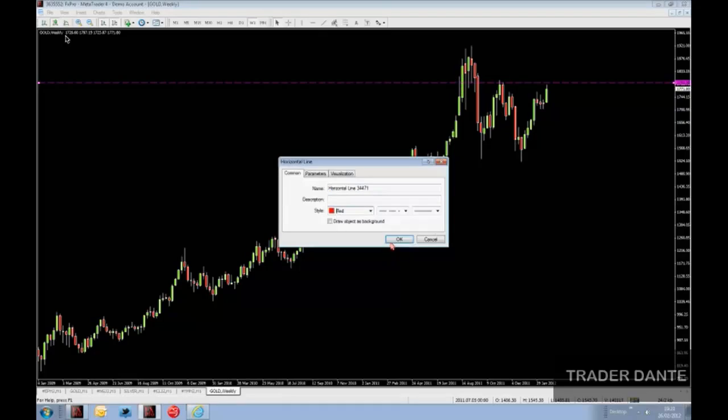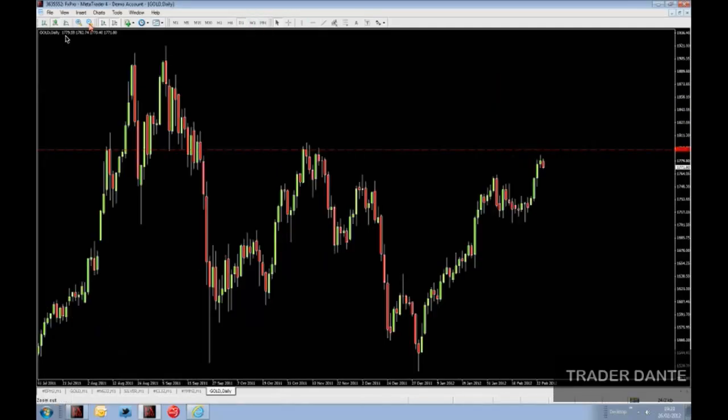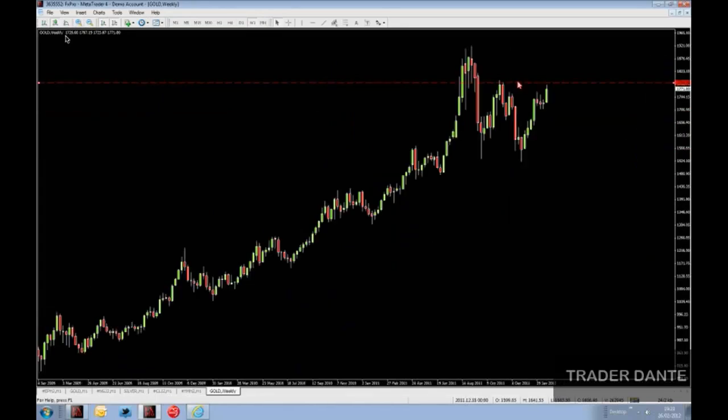This is an example of a level that looks very weak to me on a weekly chart. I can't get enough data. I can basically see that it's flipped. There's tails there. There's good support, good resistance here. It's one of those levels, though, that I would probably prefer to be looking at exactly how that played out on a daily, because as soon as you flip to the daily, you get a lot more info on exactly where that level should go. So on a weekly chart, to be honest with you, that's the kind of level that I'm not going to even put in. What I would do on this weekly chart is I'd want something here,